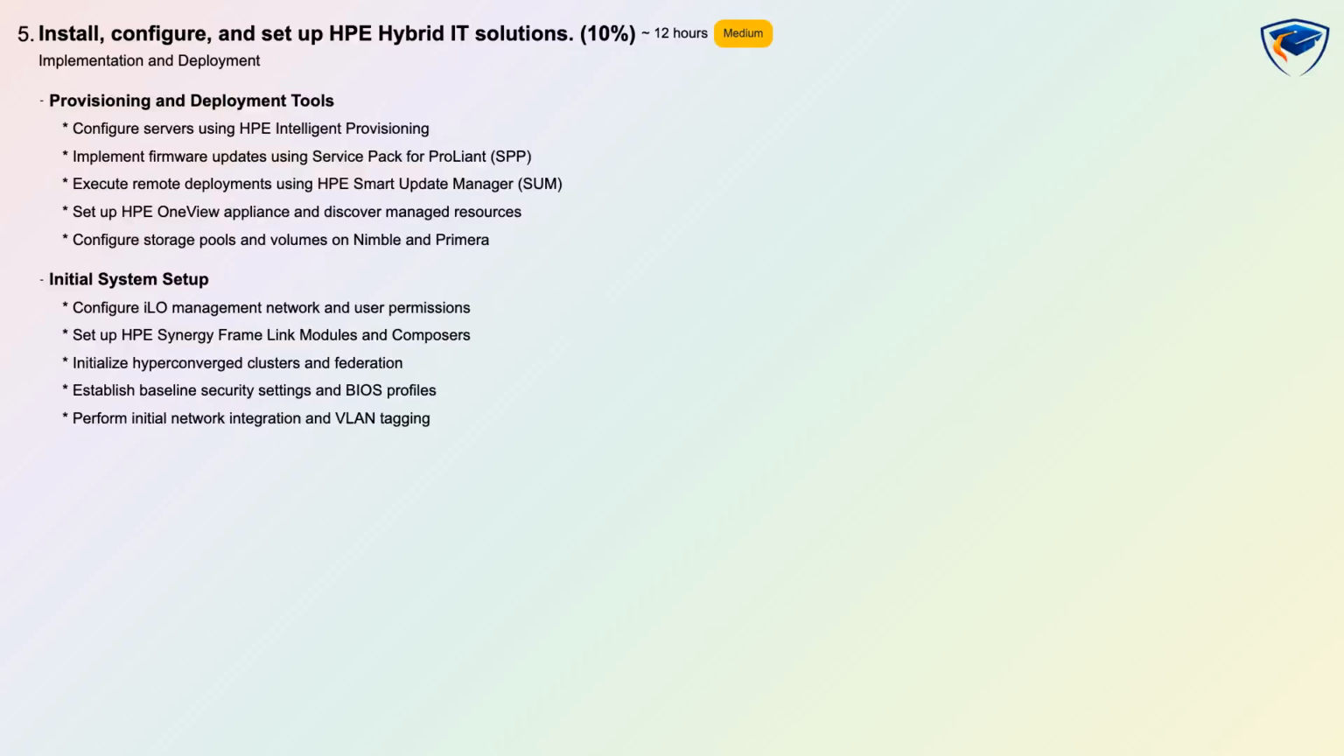Domain 5 is Install, Configure, and set up HPE Hybrid IT Solutions, weighted 10%, focus implementation and deployment, difficulty medium, with estimated learning time 12 hours and assessment type hands-on plus conceptual. Candidates will practice provisioning using HPE Intelligent Provisioning, firmware management with Service Pack for ProLiant and remote deployments with Smart Update Manager. The domain covers setting up HPE OneView, discovering managed resources, and configuring storage pools and volumes on Nimble and